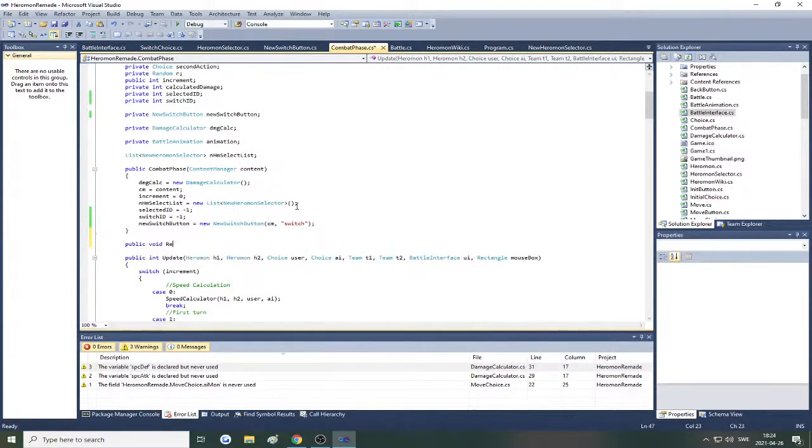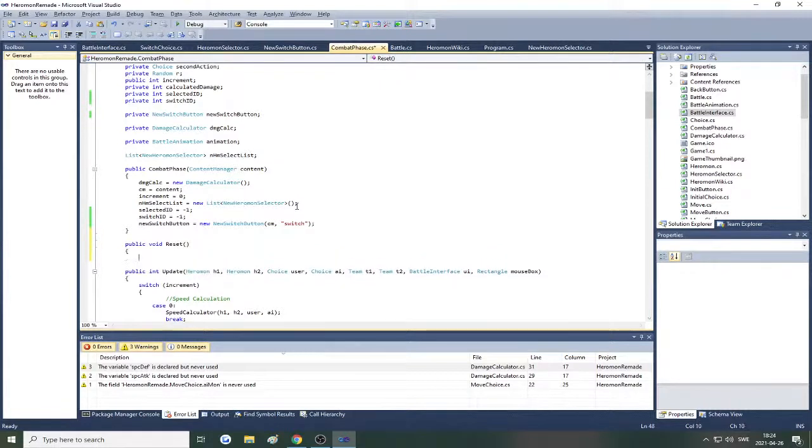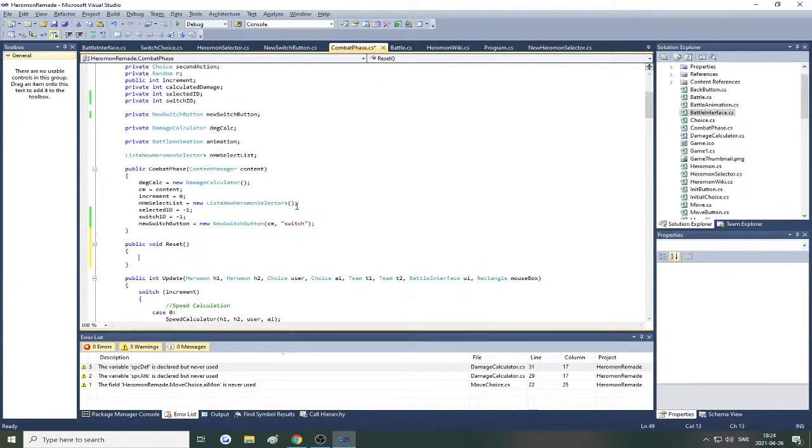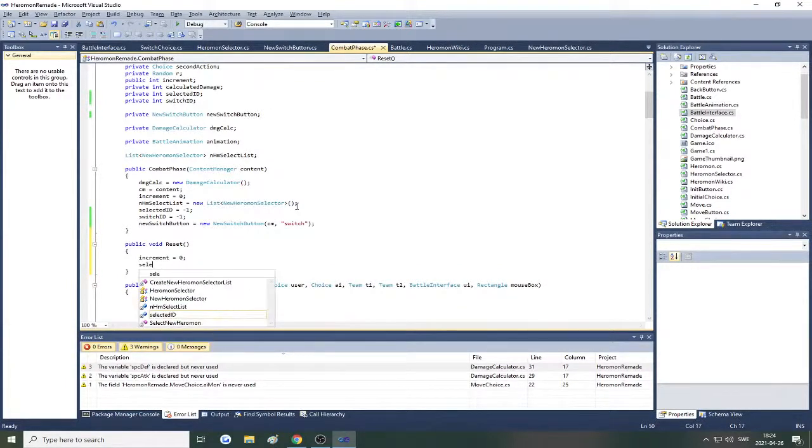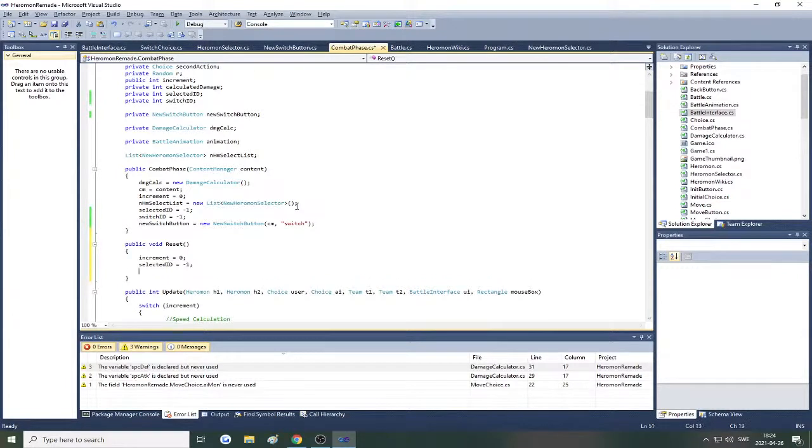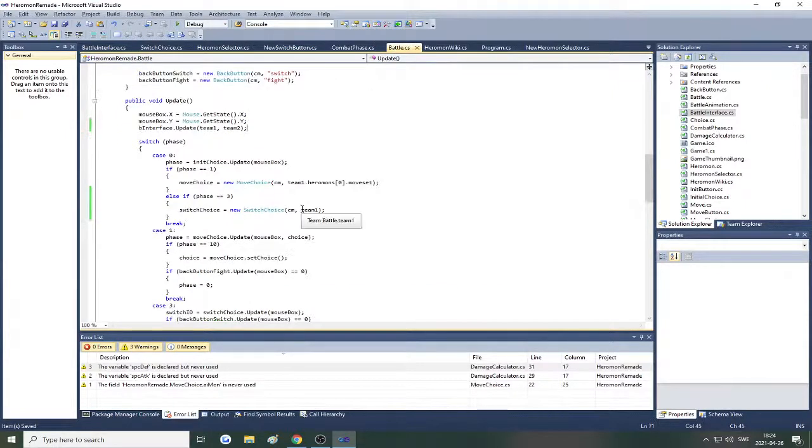Public void reset maybe. And reset would set increment to 0, selected ID is -1, switch ID is -1. And every time you enter this combat phase,